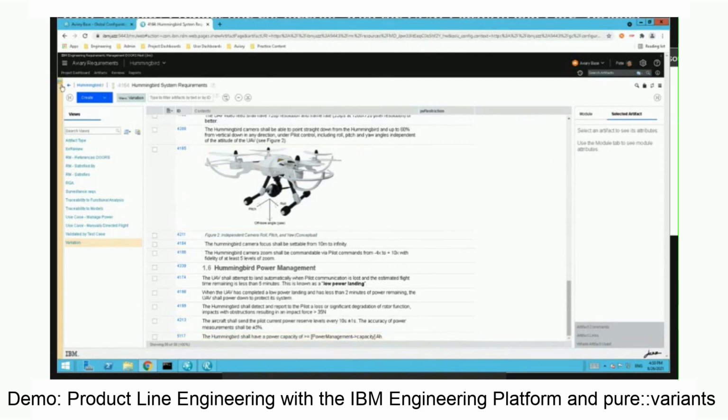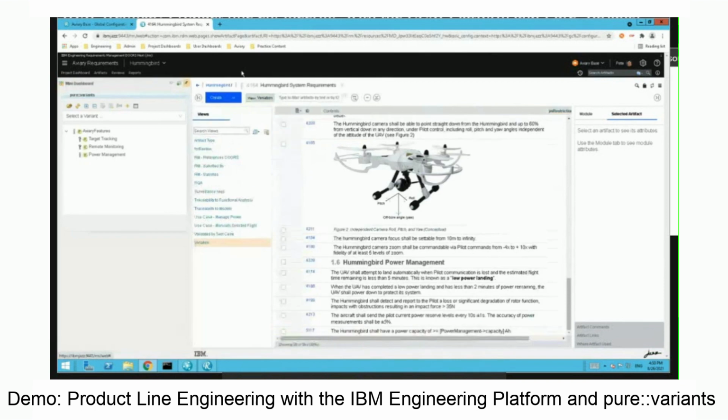Okay, let's open the sidebar here, where we can actually see that feature model inside Doors Next. Now, if I select a variant, let's say that basic flight variant, we can see which features are included and which ones aren't. And we can also ask the tool to generate a preview for us. Based on the variant that we've selected, basic flight, and of course the features that are included or excluded from that, we'll then be able to see what this module of requirements will look like